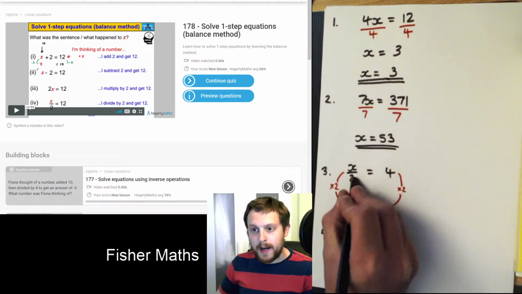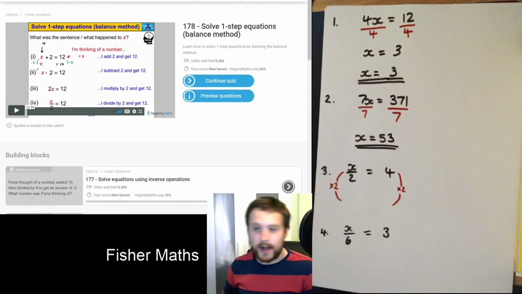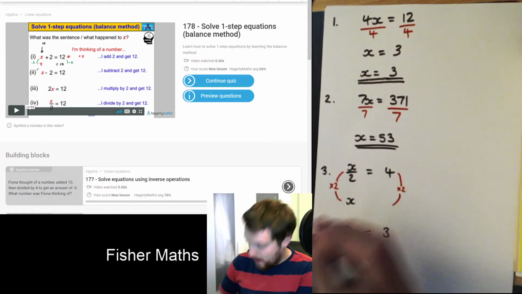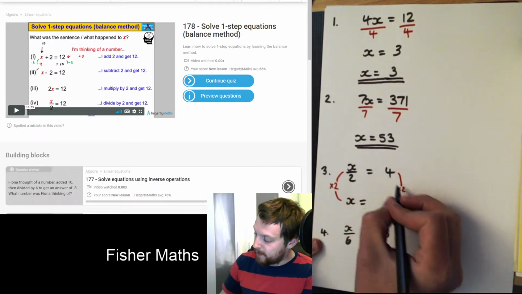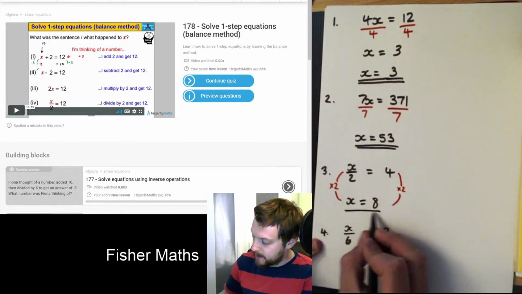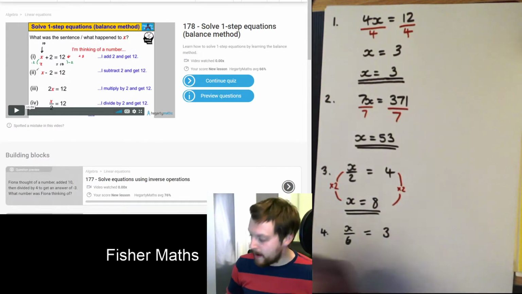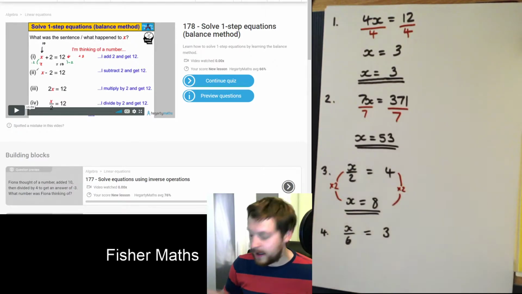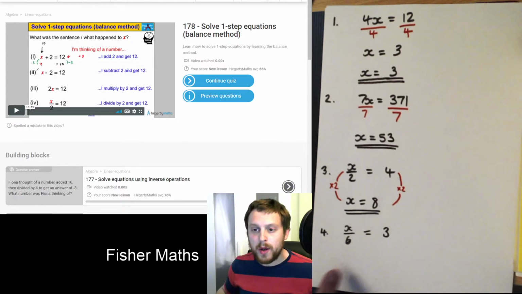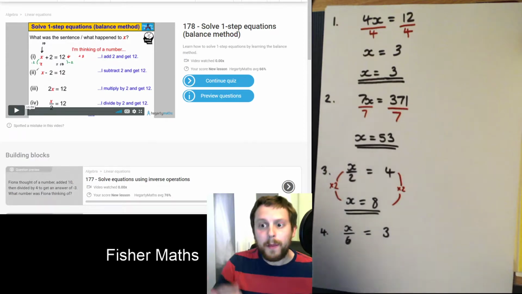X got divided by 2, but now I'm timesing by 2. That's going to give me back to x. That's the point. I want 1x, and that's it. And then 4 times 2 is 8. And that's the answer. If you think about it, 8 divided by 2 is 4. So x is 8. And then if I look at this last one, why don't you pause the video and